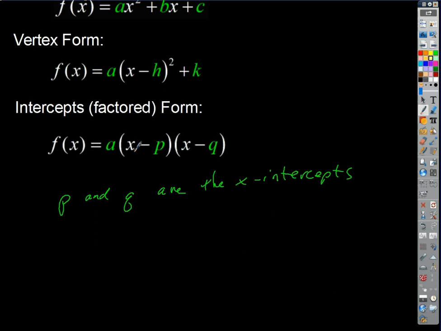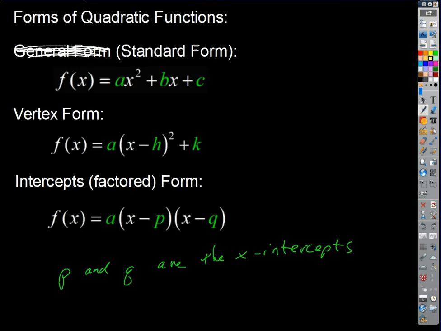And that's a lot of talking. We'll look at some examples later, right? But that's the other form that we're going to get, this guy. Notice that the a's are the same in all of them. A is always the vertical dilation factor. It's the other 2 parameters that are going to change between each of these 3 forms, depending which one you're talking about. Okay? So we want to be able to transition between those forms,